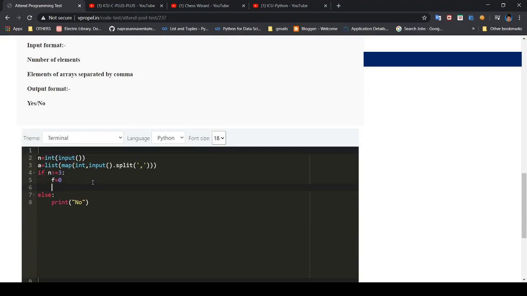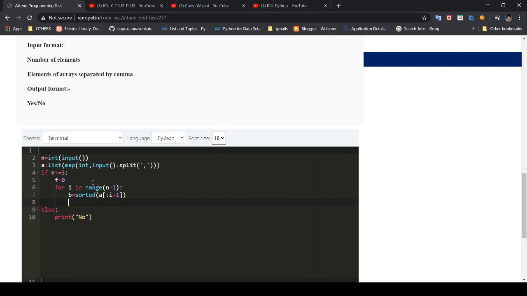We should iterate a for loop till the n minus 1th term, and create two variables: B as the sorted value of the array till I plus 1, and another variable C as sorted from I till the end.